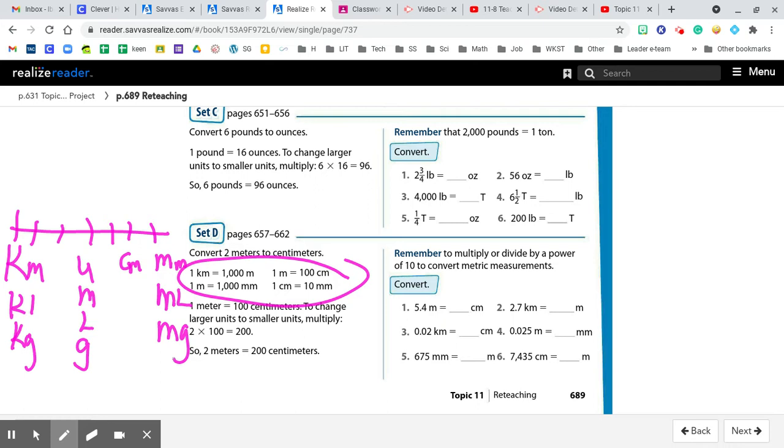So 5.4 meters, we are going from larger to smaller. So we're multiplying by 100 there. So we get 540. 2.7 kilometers, we're multiplying by 1,000. We get 2,700. 2/100ths of a kilometer, we're going to multiply by